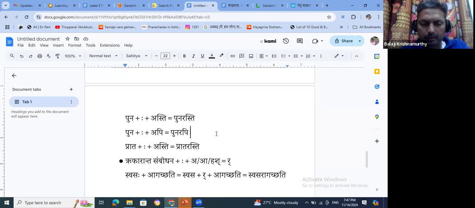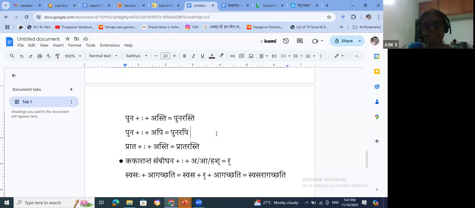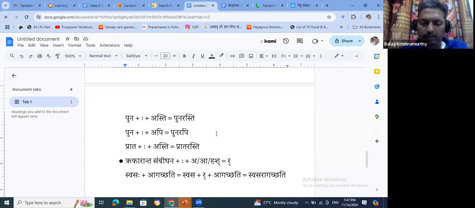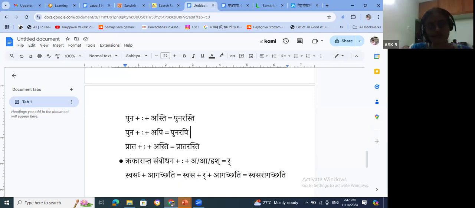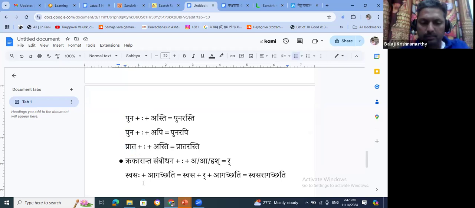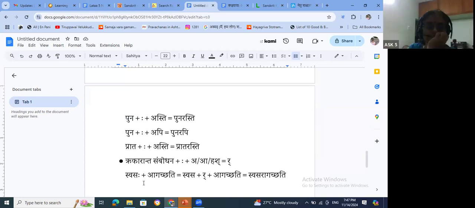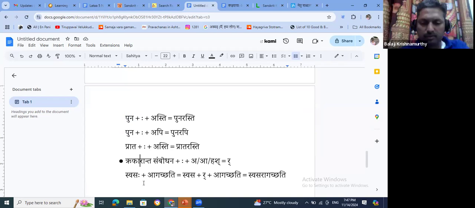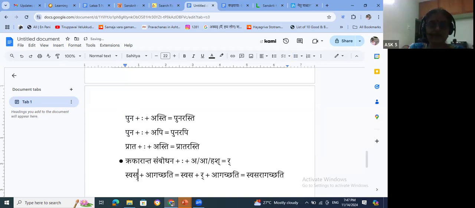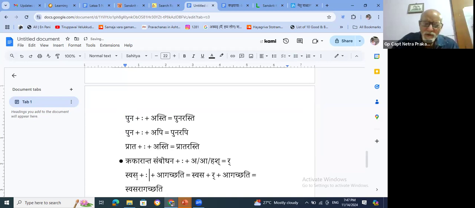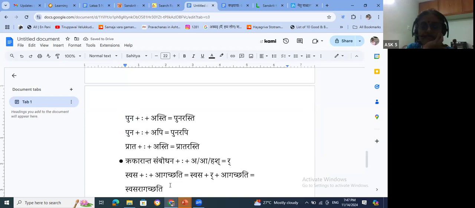Mahodaya, so Rikaranta Sambodhana plus Visarga, but Rikaranta Sambodhana is already having a Visarga. So it's not two Visarga, right? Like here also it has Sambodhana. That's why we have Punaha, as we have written Puna plus Aha. But Rikaranta Sambodhana itself has Swasaha, Pitaha, Mataha. Oh, that I have to break it down. This is for breaking it down for correct.